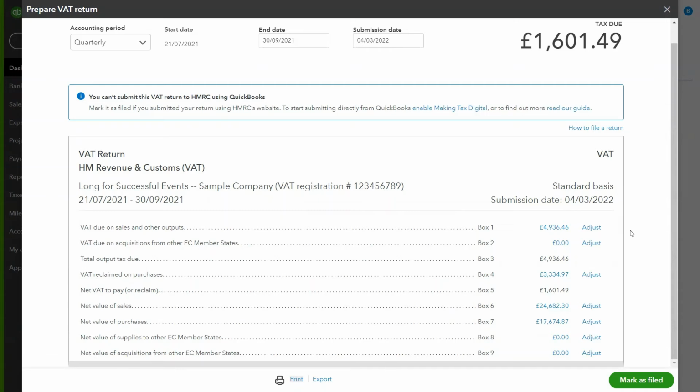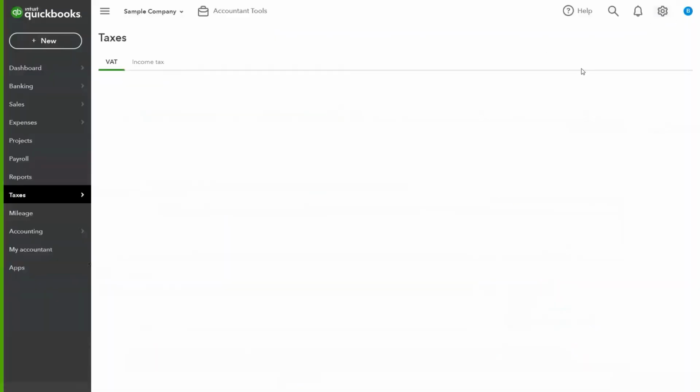But similar to Xero, it's really easy to file. Once you've connected it, as it says there, you can literally go ahead and press the green button at the bottom, and the VAT return is filed with HMRC at the click of a button within seconds, which is really good. The one advantage that I would say QuickBooks has over Xero is if we come out of here,